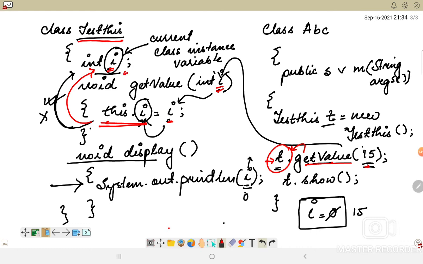We will also see this with a program, so that it becomes easier for us to understand.